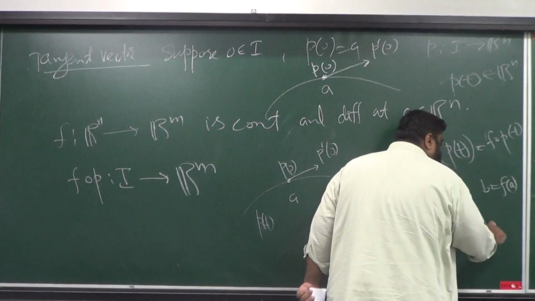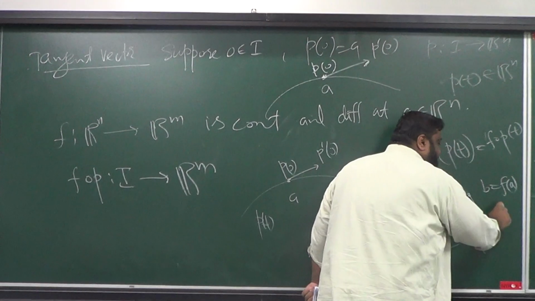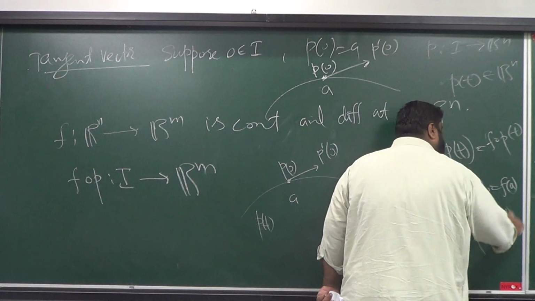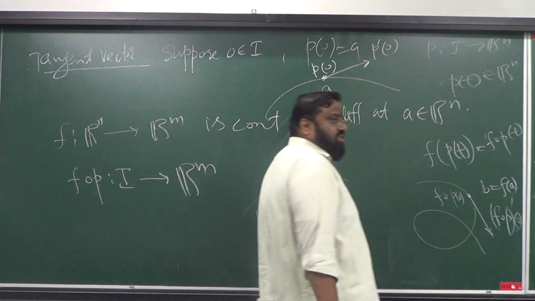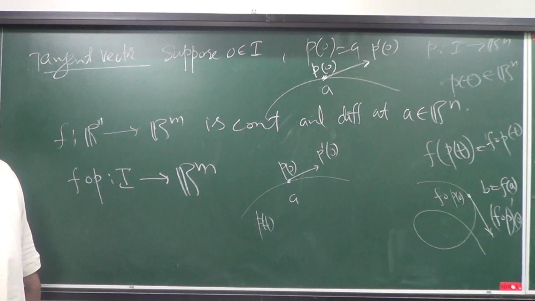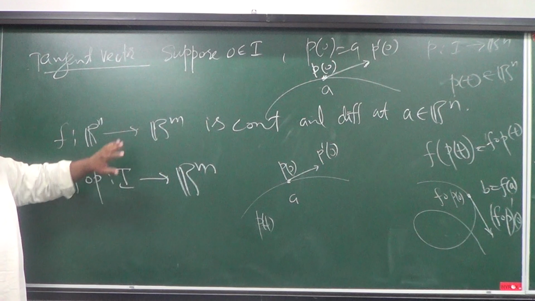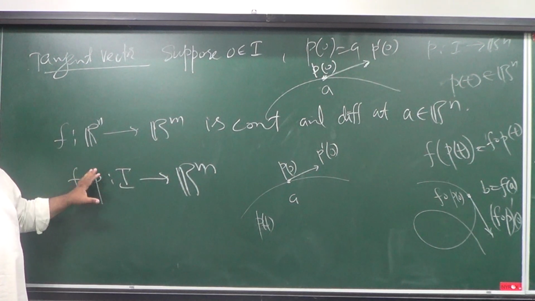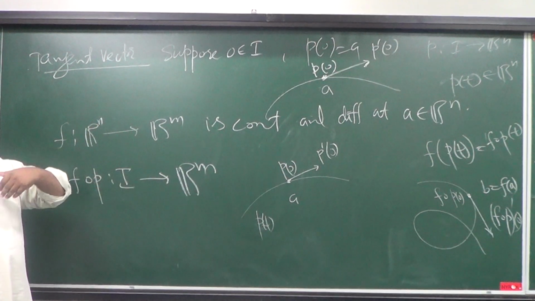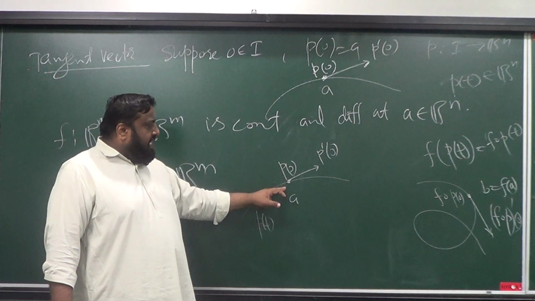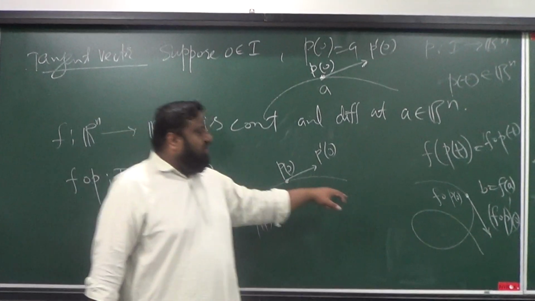And what would be that tangent vector if you would like to describe it? It's going to be f composition p: compute its derivative and evaluate at 0. That will be the tangent vector at the point 0. So what essentially I am saying is: take a curve, take a continuous transformation, and transform the path into a new path. And you're going to have a tangent vector here, and you're also going to have a tangent